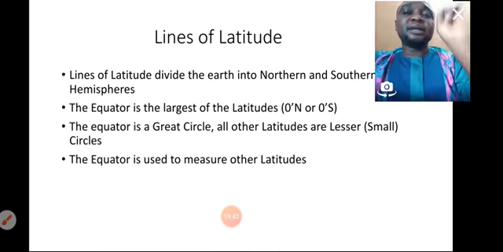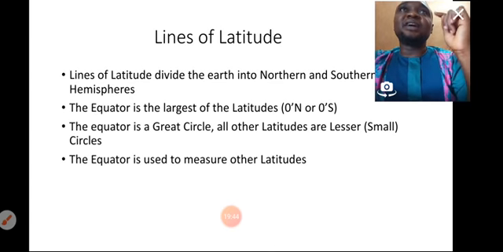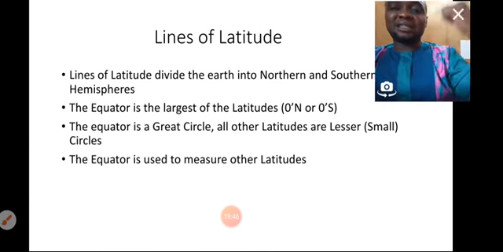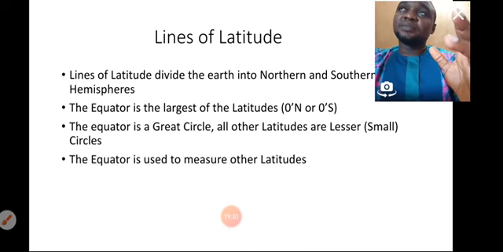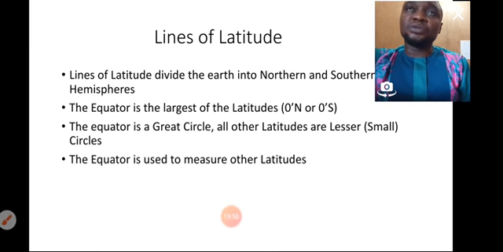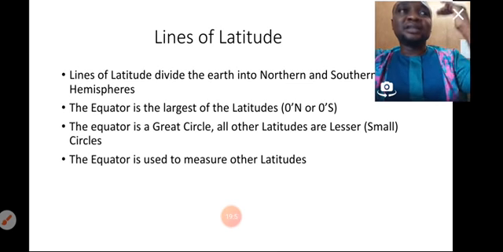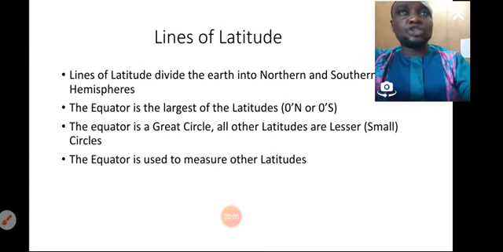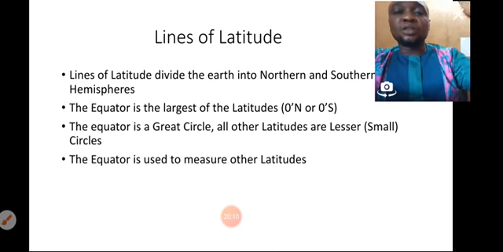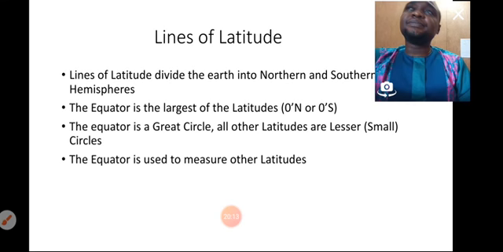I told you that the latitudes divide the Earth into northern and southern hemispheres. Now, once you see 0 degrees north or maybe 0 degrees south, it depends on the textbook, the author, how he wants to do it. But the important thing is the equator divides the Earth into north and south. So when you see north and south, please, it is a latitude. Latitudes divide the Earth into northern and southern hemispheres, while longitudes divide the Earth into eastern